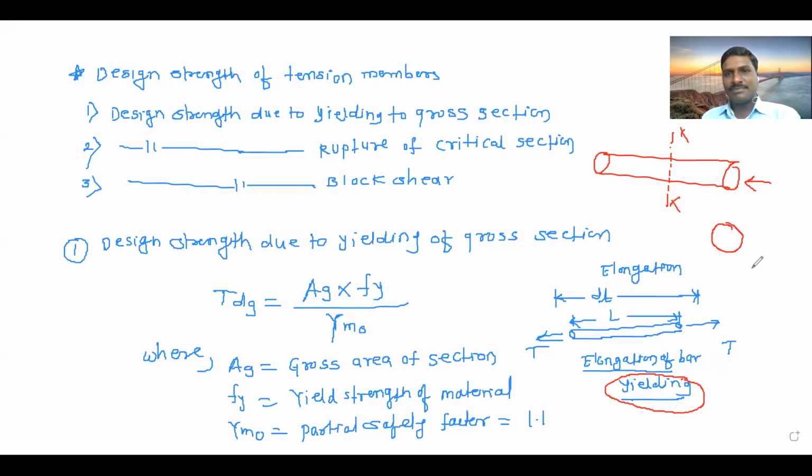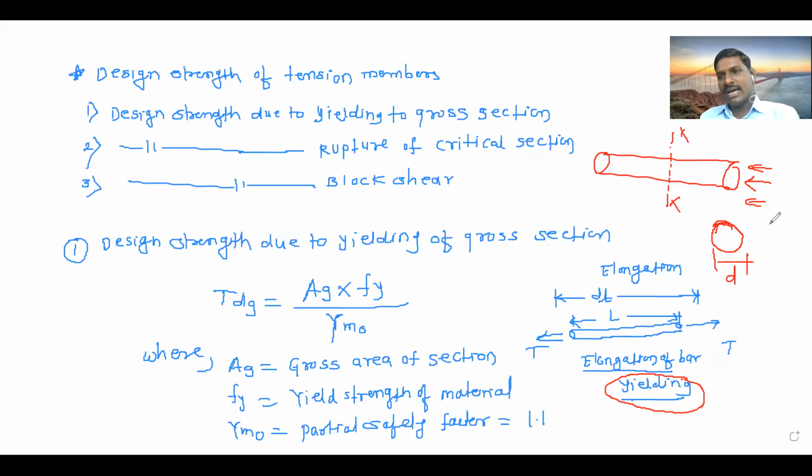Are you getting it, everyone? What is cross section? If we cut a section here, one bar or one rod is there. If we cut this part and look in this direction, how does your section look? Like this. Is this correct? Its diameter will be visible, right? Is that correct or not? This is your diameter D.